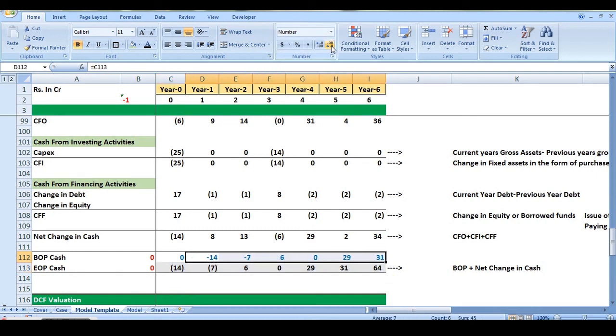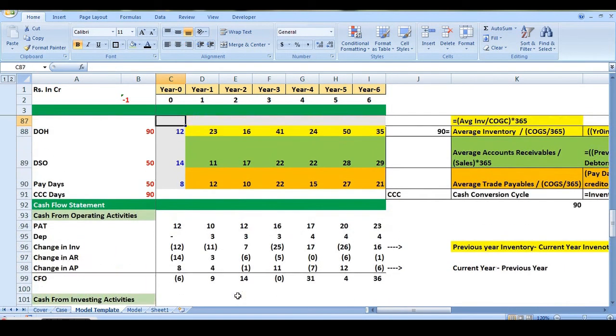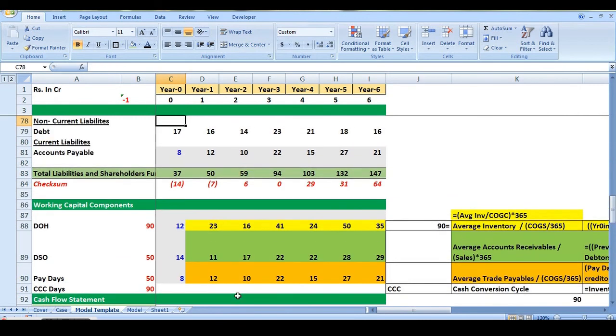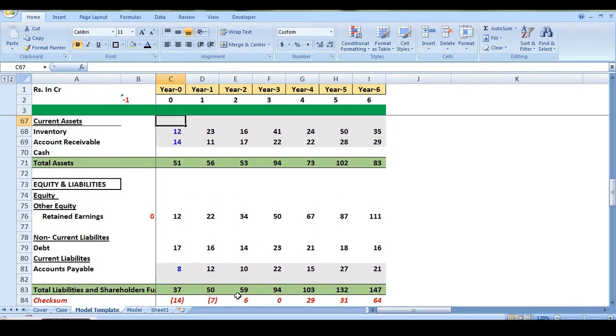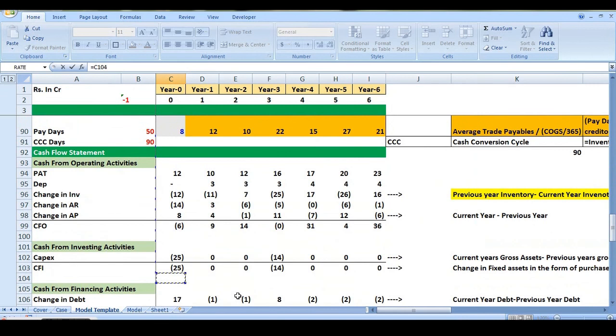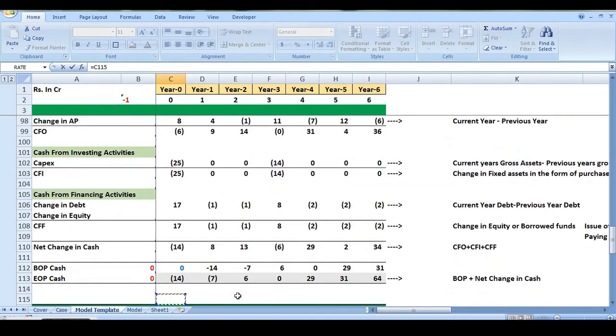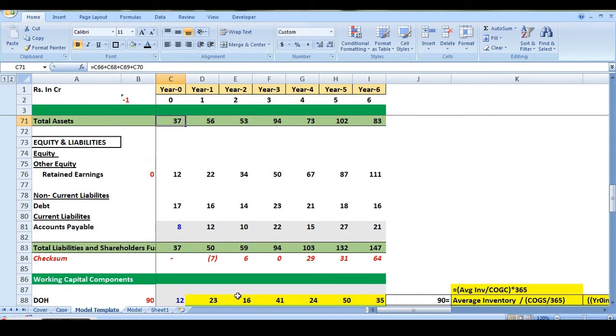You can simply format by making the decimals as 0 and changing the values into black to show that these are calculations done. And now this end of period cash we can simply add into the balance sheet, which we have kept as blank. If you see here, we have kept the end of period values as blank. So what we will do, we will simply link the cash row with the end of period cash and drag it for the rest of the period.